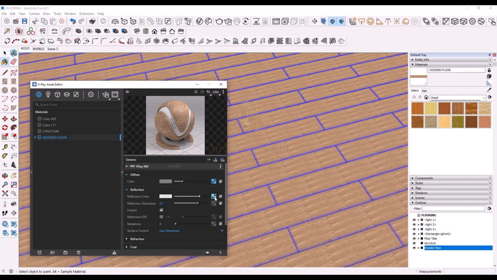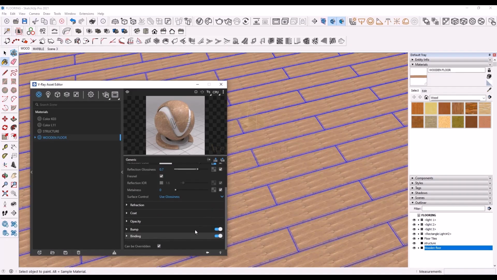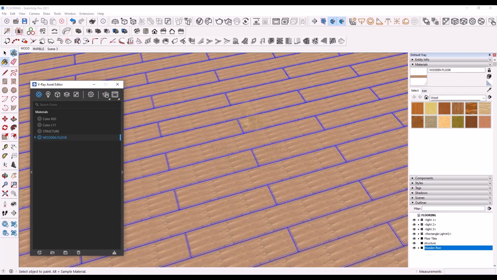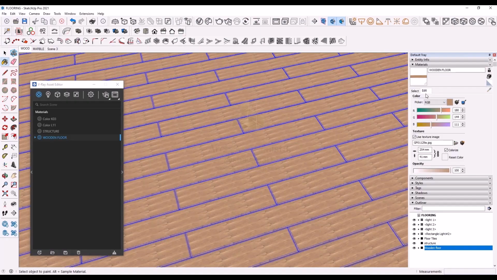Copy the texture from Reflection Glossiness and paste as copy in Bump tab. Change the preview to Wall Closeup. Change the bump amount to 0.1. Adjust the reflection glossiness and color. Change the texture size in the Edit tab of Material in SketchUp.